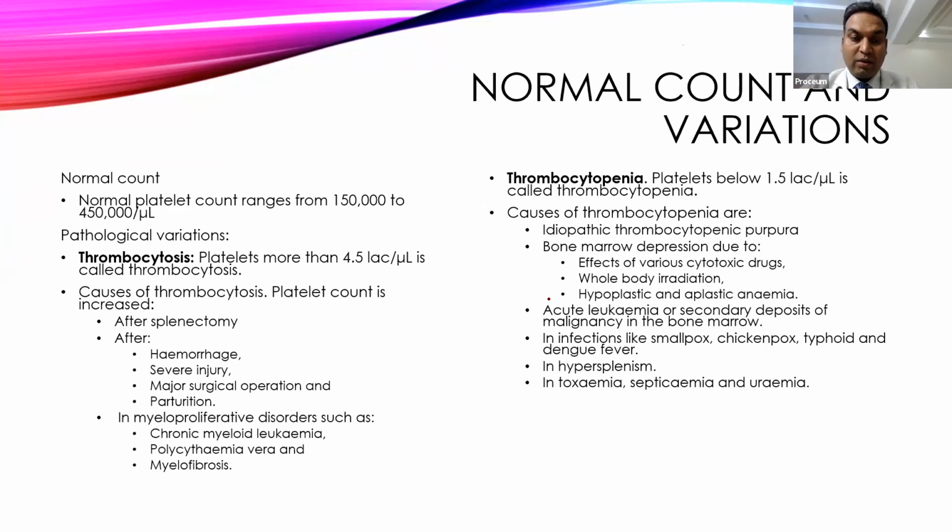So first is idiopathic thrombocytopenic purpura. Okay, that is called purpura. Then second,